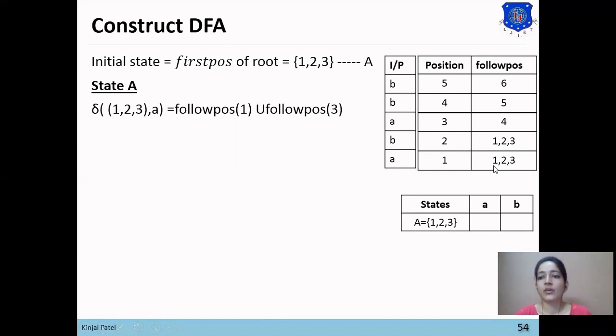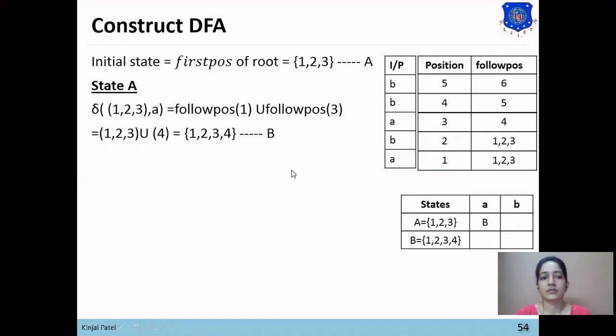So the union of the follow position of 1 and the follow position of 3 will be taken. The union gives 1, 2, 3, 4, so a new state B has been generated. So A on A is B. Now the next step is to find the A on B transition.